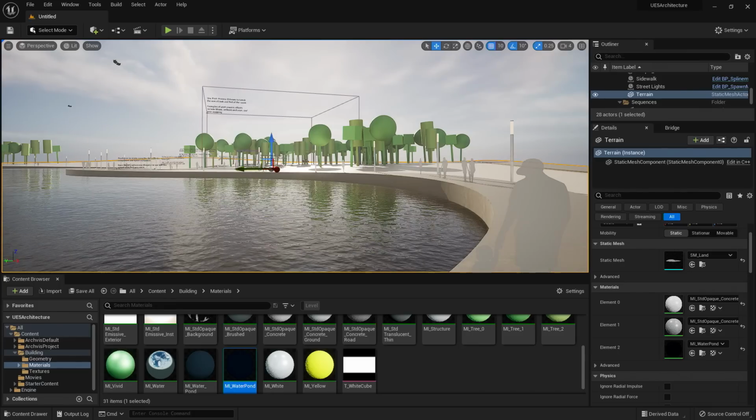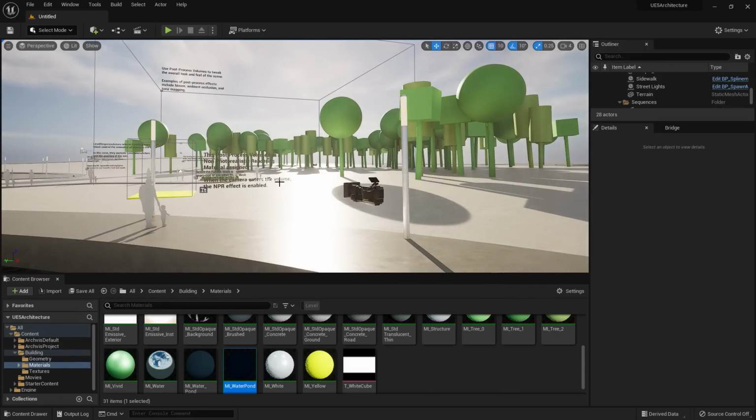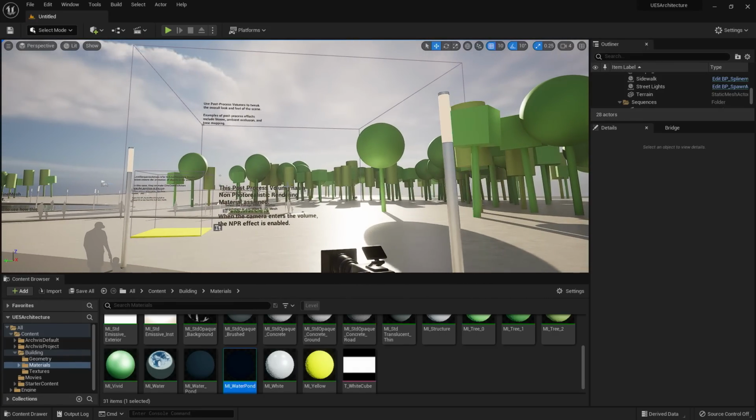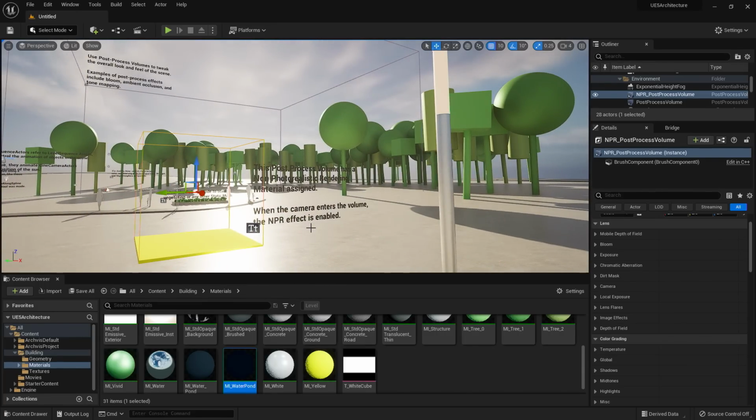So now let's take a look at some of the other objects in here. So you'll see that there are two boxes here that have outlines. So these are going to be the post-process volumes. Post-process volumes allow you to set post-processing materials within a certain volume. So this can include tone mapping, color correction, lens effects, and rendering features. This can be particularly helpful in architecture when you may want to control the settings for different rooms, floors, or